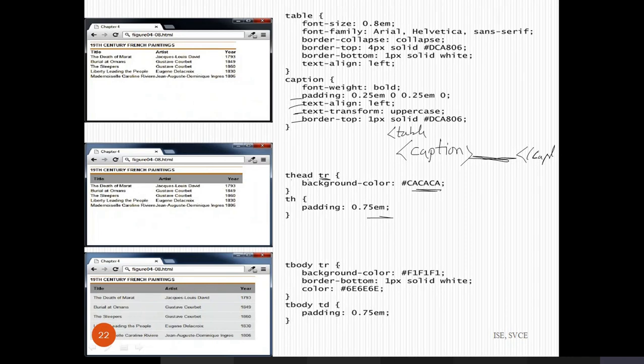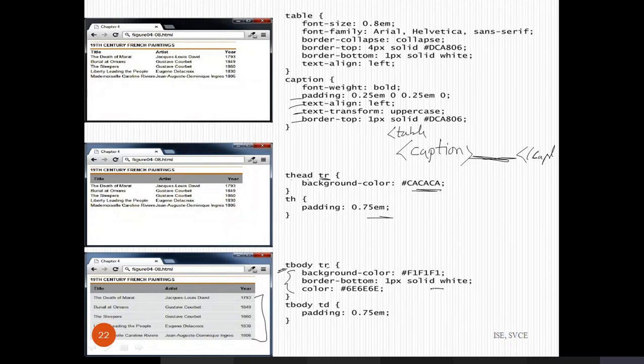In case you want to apply some other background color to the other rows other than the heading, or if you want to change the font, any styling you want to apply, you specify the proper heading. So for table body, for the rows within this tag table body, you apply these properties: background color changed, border bottom.